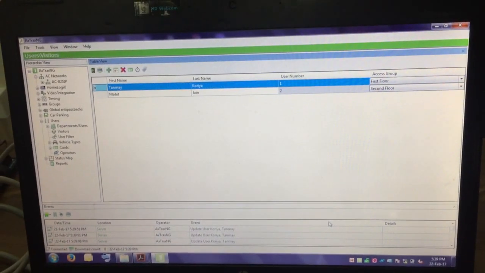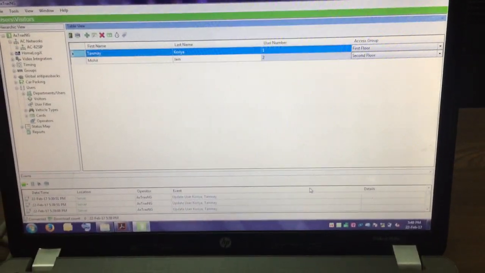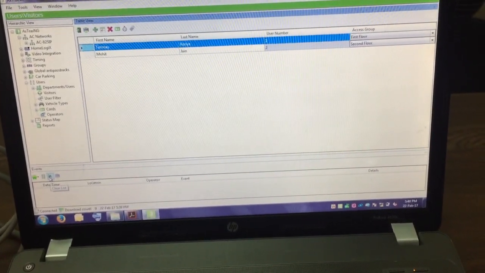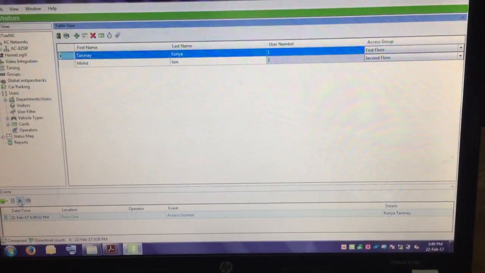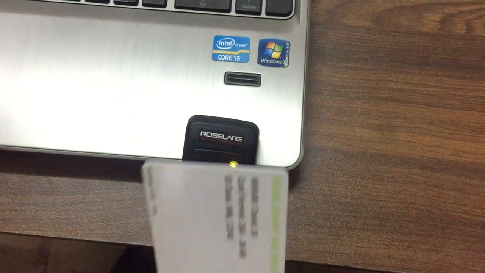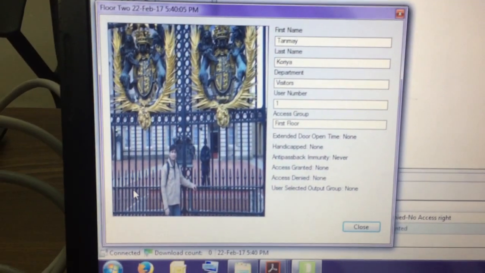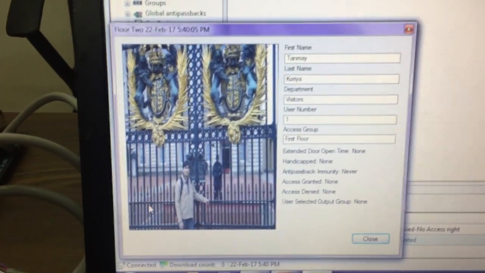So all registration has been done, and the card has been issued to the visitor. Now the visitor moves to the first floor, and he can flash his card to the reader. Once he flashes the card to the reader, if it's an authorized user, access granted will happen, and an event will be generated at the admin PC. If the same visitor, who doesn't have the rights on the second floor, tries to get access there, he can flash the card on the reader, and it will be access denied, and a pop-up will be generated at the admin desk, and admin further informs security to check why this person is going there, as he doesn't have the access right.